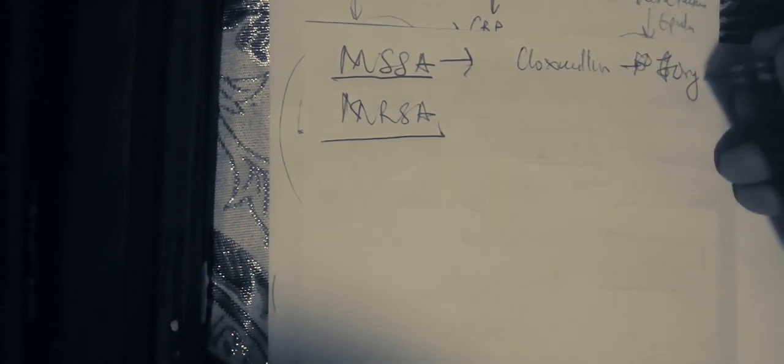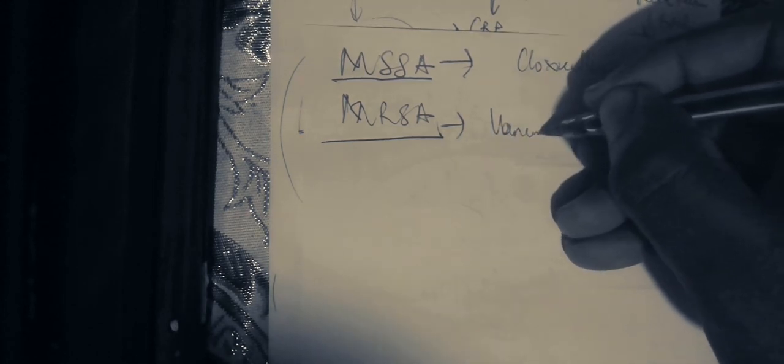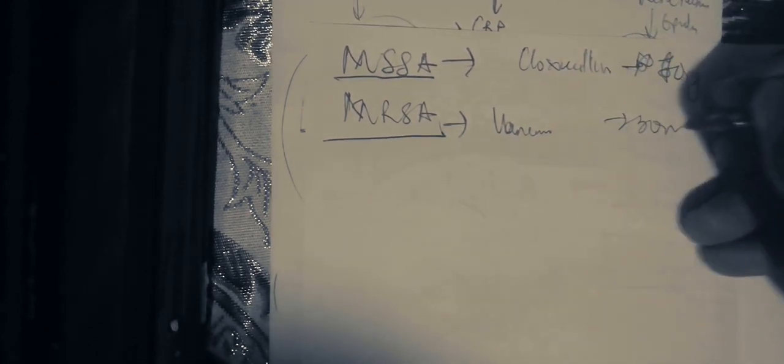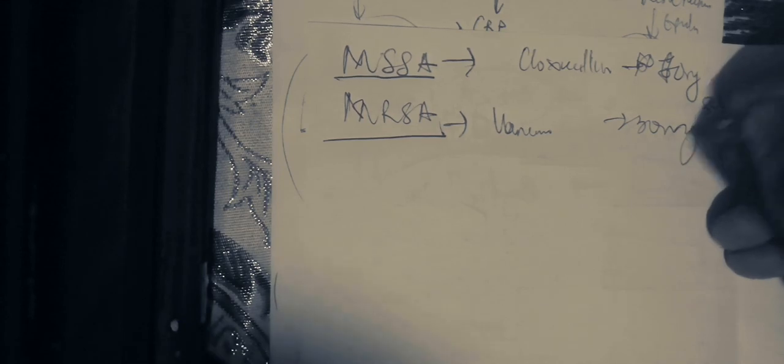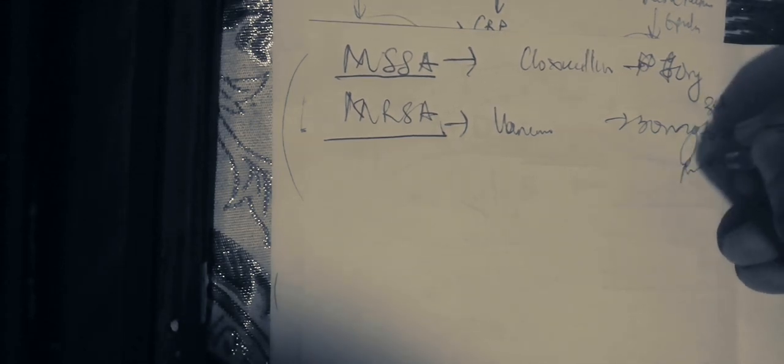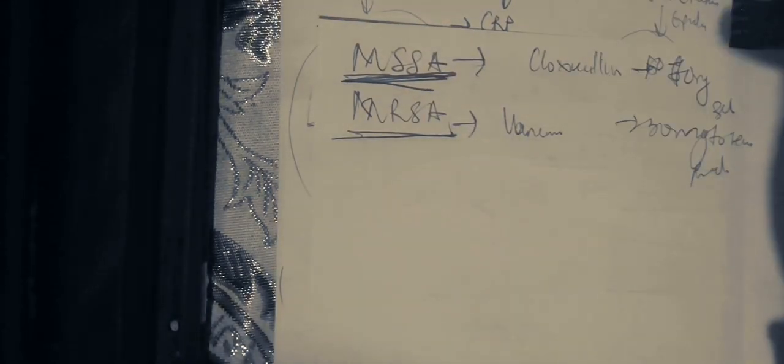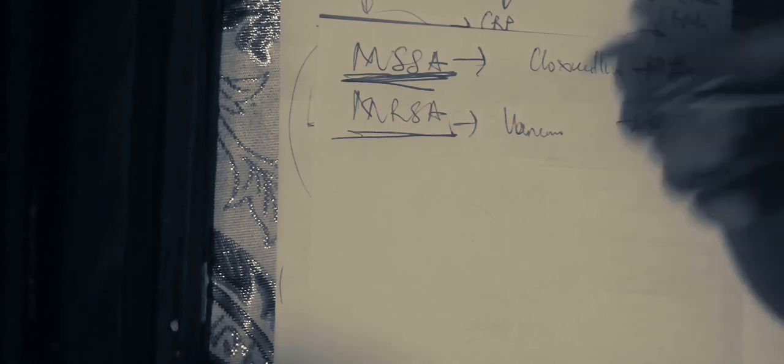Is it clear? And you have flucloxacillin that you can start in a child, and the dosage is 50 to 70 milligram per kilogram in 3 divided doses. And then the last one is vancomycin, and the dosage is 30 to 40 milligram per kilogram in 2 divided doses. So those are used when you have started with the first line for the methicillin sensitive Staphylococcus aureus with the triple therapy, and then you realize that the patient is still having fever, while asking for the hemoculture and the culture of the particular point of focus,